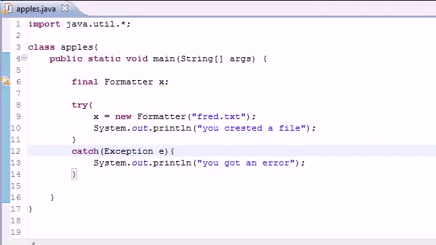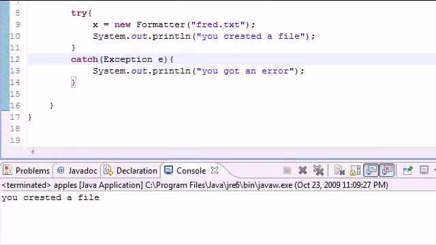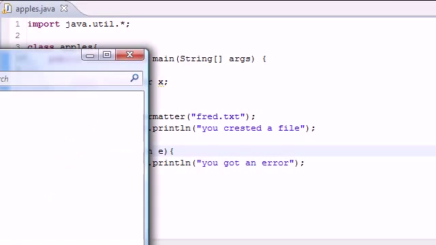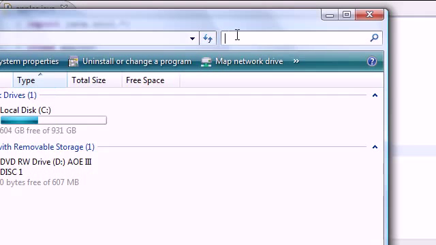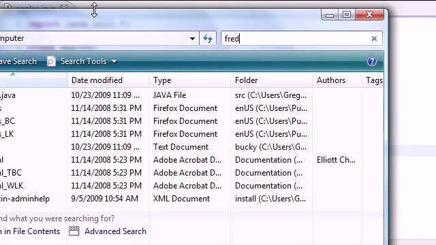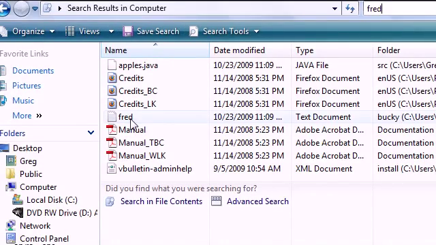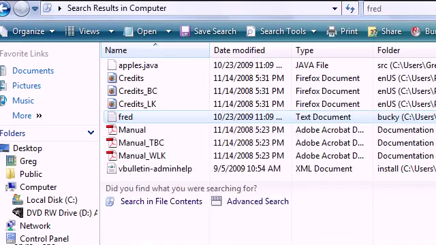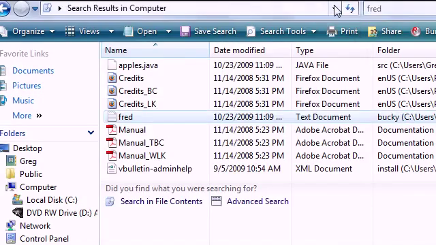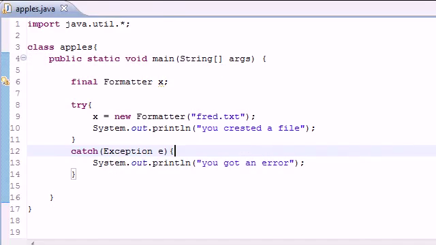So did we create a file? I mean, all we're getting is this command prompt right here. I don't believe you created a file, Bucky. Well, let's go ahead in this computer right here and search again, and now let's search for Fred and make sure you only have one D, and bam, look at this. We now have a file created. If we click on the properties, it's created in C users Greg workspace Bucky, and that is pretty much right here. And if you're working with